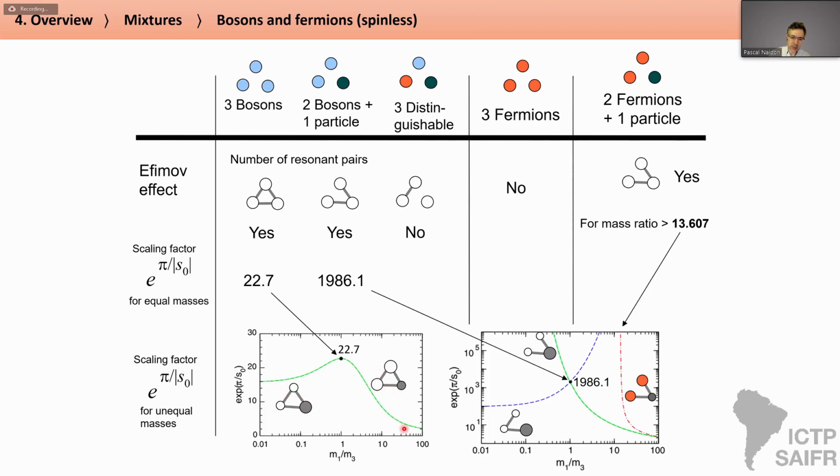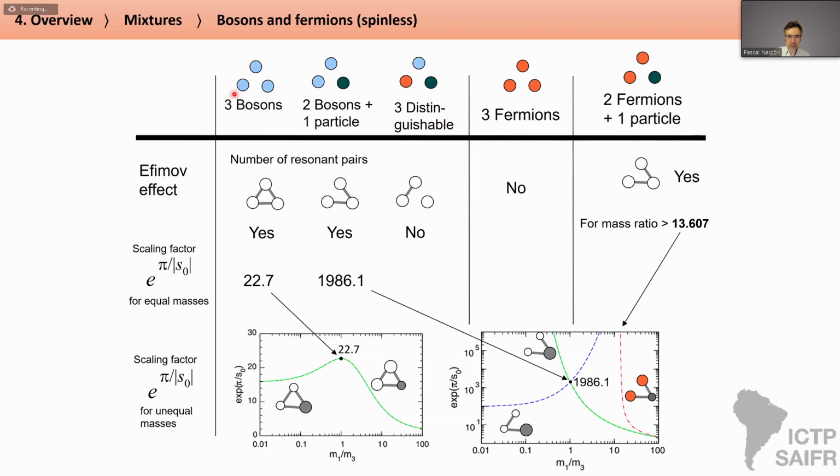And in particular, the most favorable one is when there are 2 heavy particles interacting with the light particles, and that leads to a very dense spectrum of Efimov states with a very small scaling factor. And right, we will see a simple understanding of this in terms of the Born-Oppenheimer approximation. Okay, so that was for this